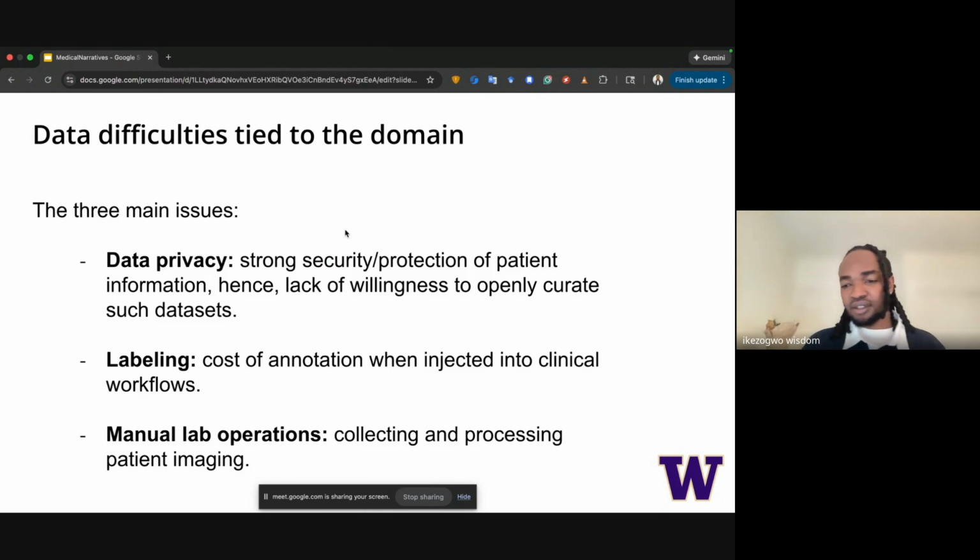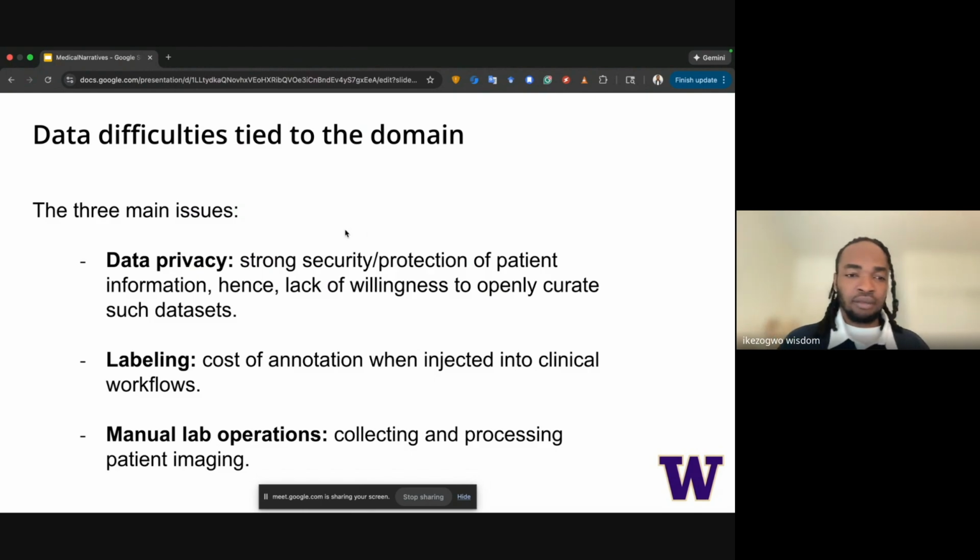Now, while all of this is possible, the difficulty specifically in the medical domain comes from data privacy. There are strong HIPAA protections and institutional review requirements that make hospitals reluctant to openly share medical datasets. Also, the cost of annotation when injected into clinical workflows is enormous.